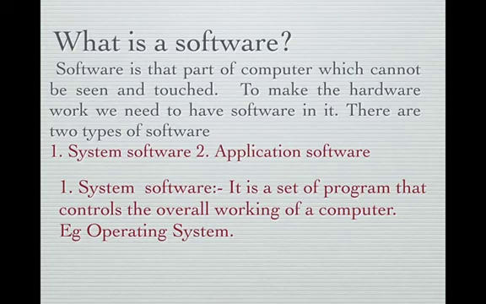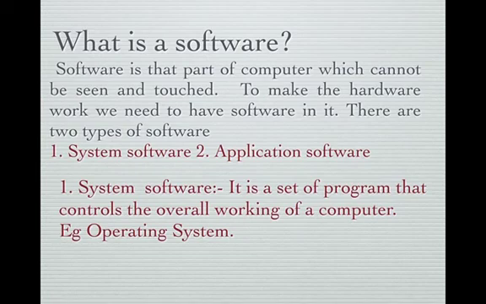Now let us take an example which is given in your book itself. There is a car in a house. It has petrol, engine, everything, but it is not moving. When will the car move? It will move only when the driver starts it, right? So the driver is the operator of the car. Similarly, an operating system is compared to the driver of a computer, which makes it run. Without an operating system, a computer cannot work on its own, right? So system software is a very important part of a computer.